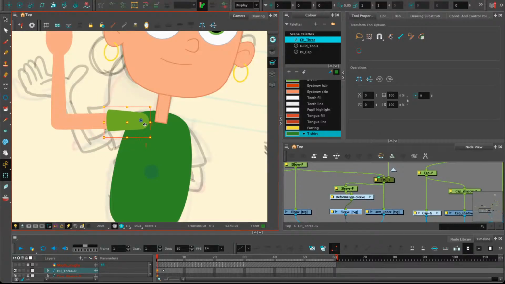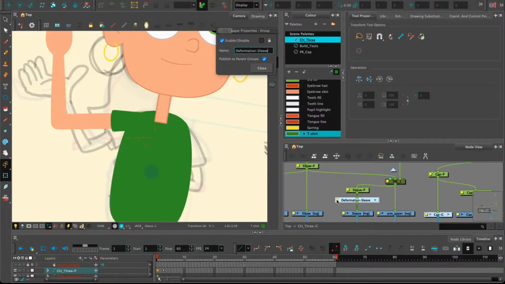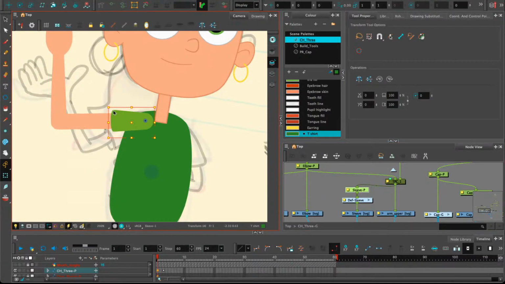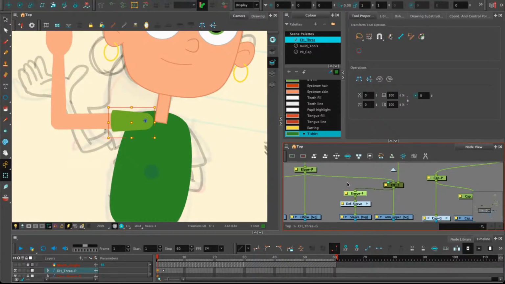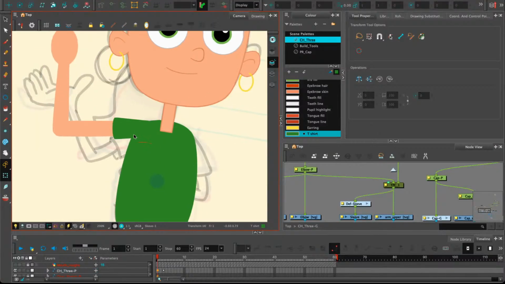Cool. We don't really want that. We don't want to be able to select that peg because it stops us being able to select to move the shoulder around. So instead, I'm going to delete this. Then when we select it, it moves this. And then if we want to move the sleeve, we're going to have to use deformers. Compromise, yes, but